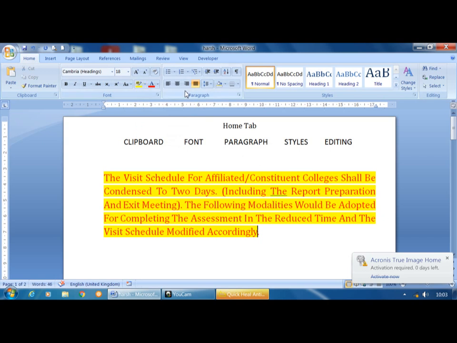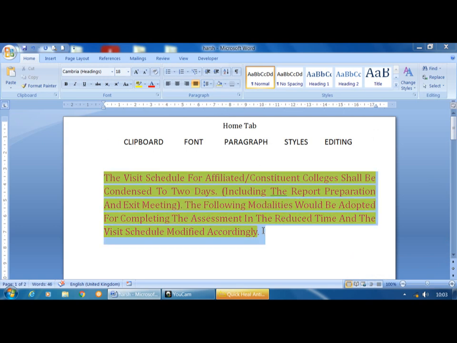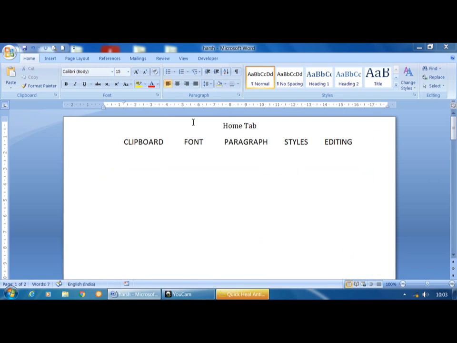Next we will move to the paragraph group. Paragraph again consists of different options. The first one is bullets, second one is numbering, and third one is multi-level list.